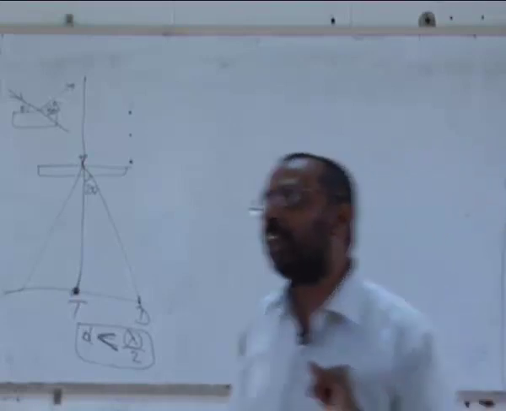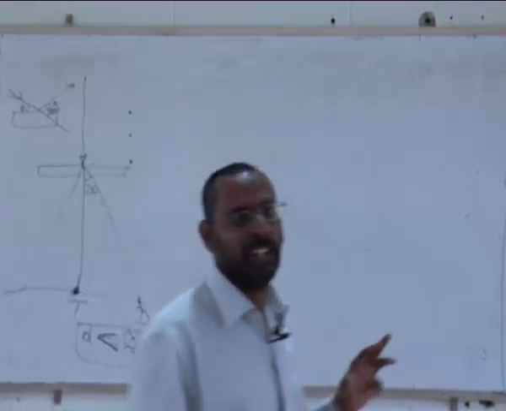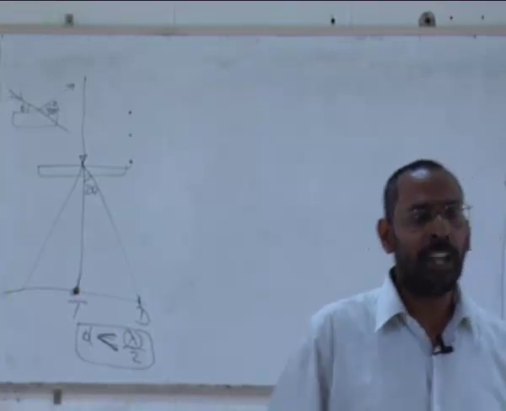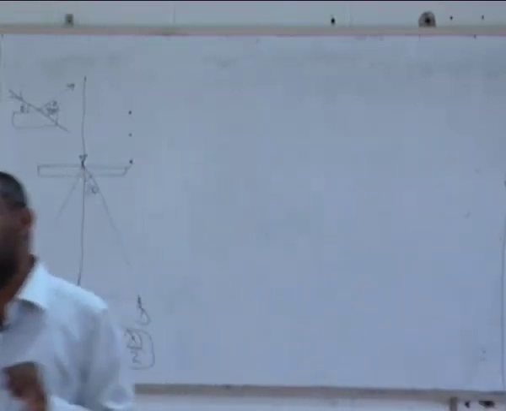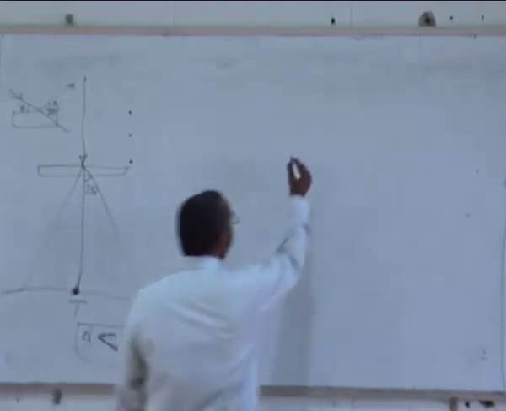As we said in XRD also, our goal is not only to find out what crystal structure it is, but also to find out lattice parameters. So for that I need to do some calculations. How do I do these calculations is the question. So for example, if I have a pattern like this,